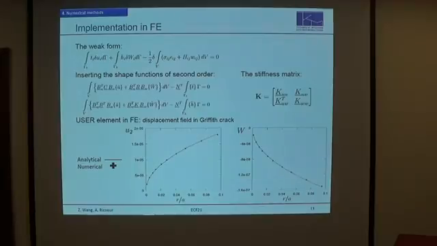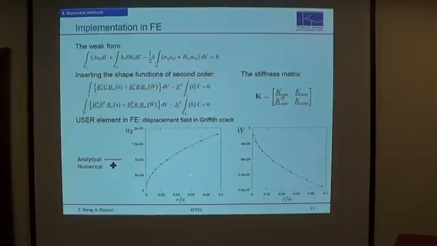The numerical implementation starts from the weak form for quasicrystals with the second order element, and here the compact stiffness matrix consists of the phonon stiffness and the phason stiffness, also the coupling stiffness part. A self-defined user element in finite element is programmed to cover the phonon degrees of freedom and the newly introduced phason degrees of freedom. We compare the